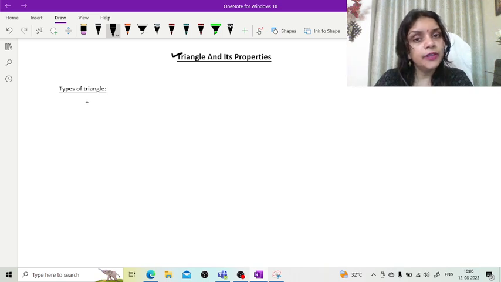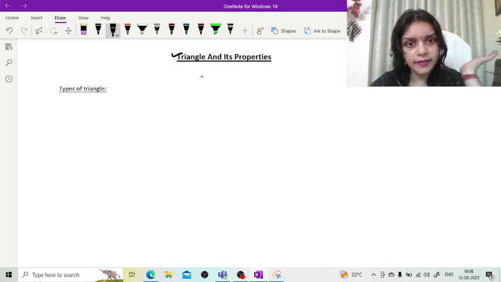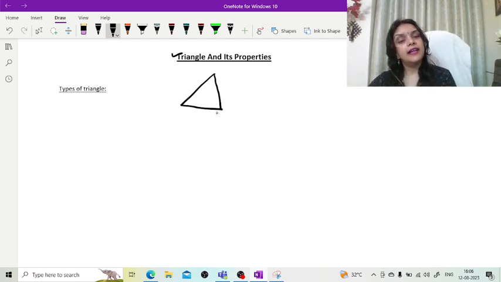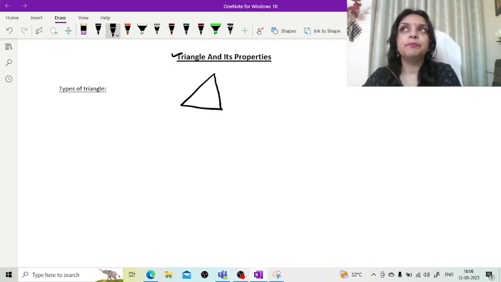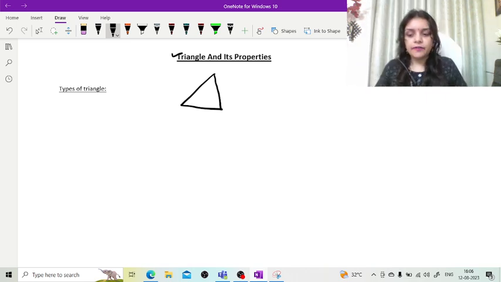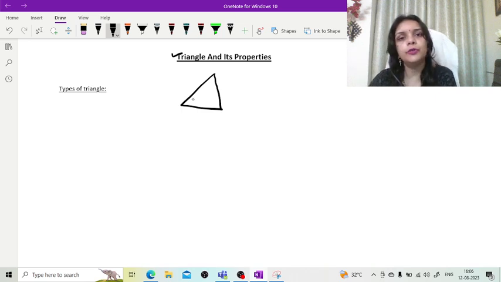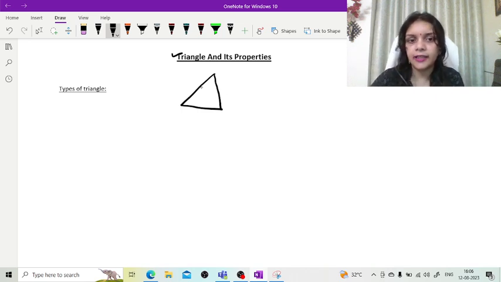So before that we should know what is triangle and what are the types of triangle, right? What is triangle? See, the triangle has three sides, no doubt. One more thing, there are some properties of triangle which we are using in grade 7 also, and the same property we are using in grade 9th also, right? So to know that property, you should know what is interior and exterior angle.